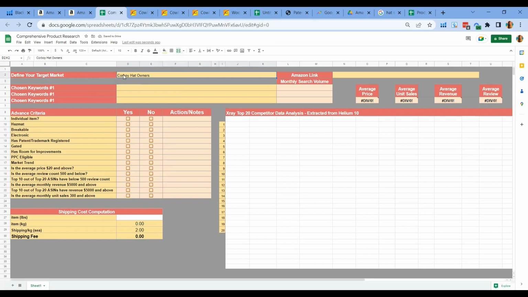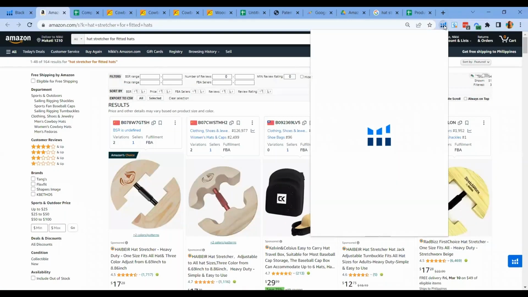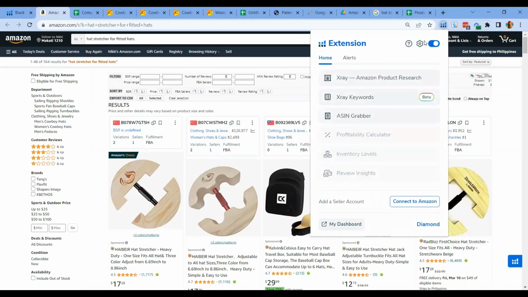Because there's a million products here on Amazon and there's a lot of categories under sports and outdoors. The sooner you define your target market, the better you will be able to find your product. So what I'm going to do here is I will not just use any ASIN here. I will use Helium 10's X-ray tool to further examine the top competitors. So I will just click the X-ray tool from this Chrome extension.